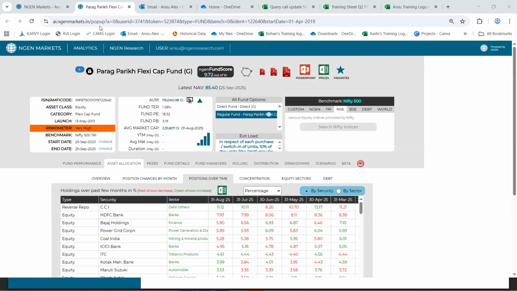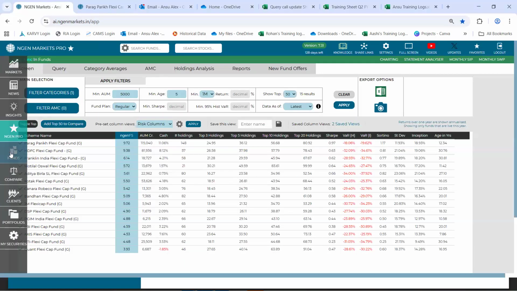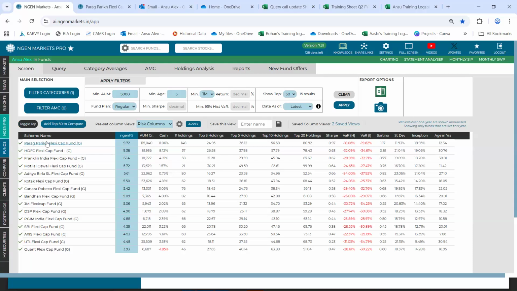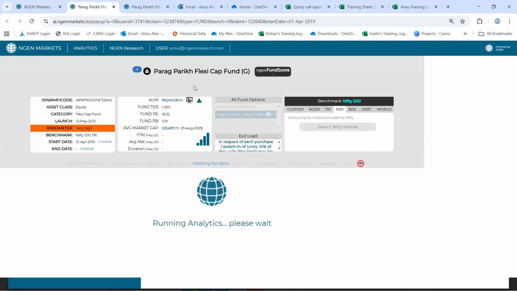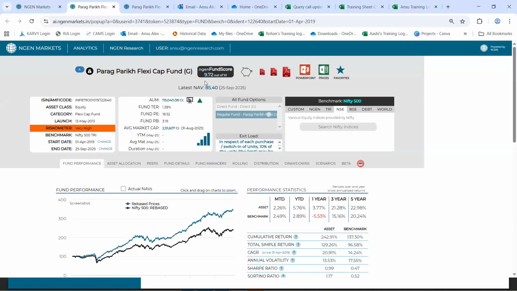Yes, so there was a question in the chat box as to how did we arrive at the score comparison. So I was there in this funds section. You can locate a single fund analysis either just by clicking right here, or you can search for a fund from this search fund box option. Once you click, this is the single fund analysis that you will come across.